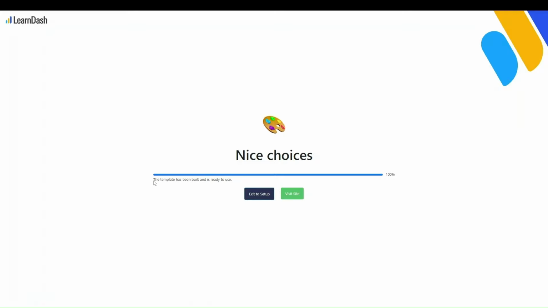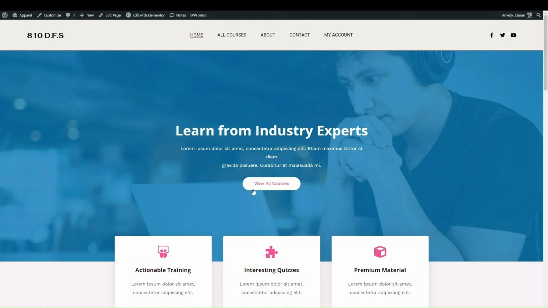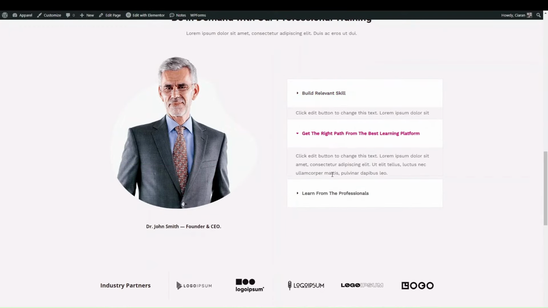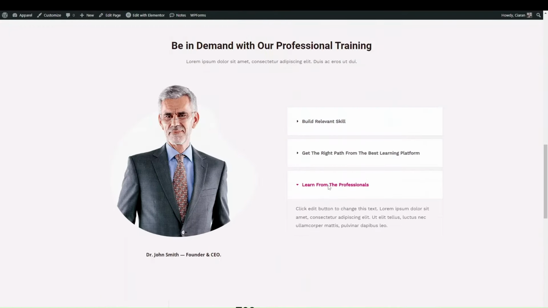And once it's done, it'll say this template has been built and ready to use. So you can either exit setup, or you can visit your site and see how it looks. And you can see the new site template here. So this is our site exactly how we wanted it, with all the templates and all of that here as